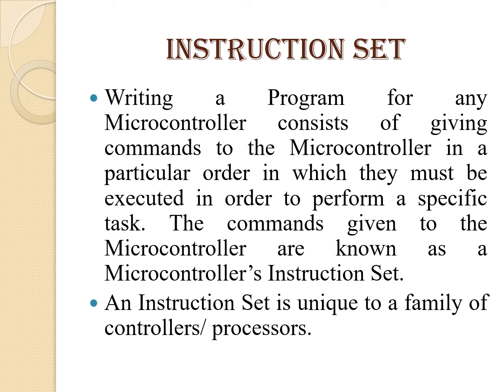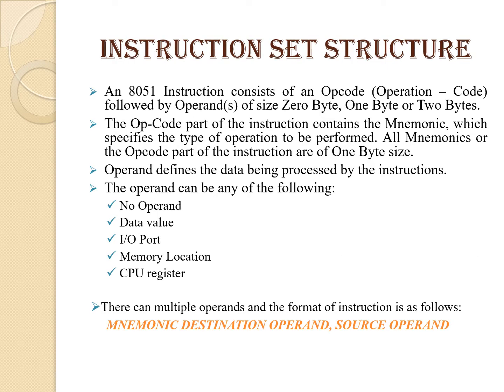As I have already given you the example, we are giving commands to the system. If we have a remote controlled car, and you see the remote control of that car, it has the left turn button, right turn button, go forward and go backward. That means the user gives commands, and according to those commands the remote controlled car works. So these commands given to the microcontroller are known as the microcontroller's instruction set, and we need to study it properly before going for any system. So here first of all we will study the instruction set structure.